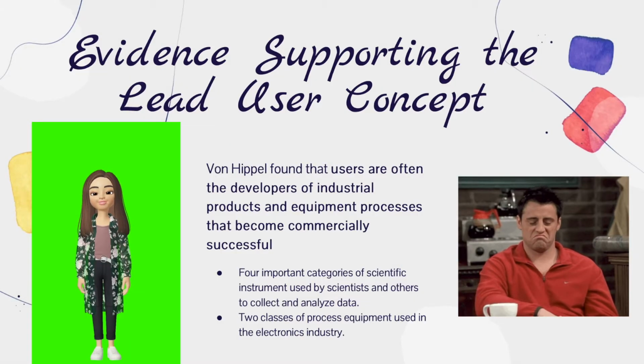Von Hippel found that users are often the developers of industrial products and equipment processes that become commercially successful. Two of these studies show an especially high proportion of user-developed products. In one of them, he focused on the four important categories of scientific instruments used by scientists and others to collect and analyze data. In the second, his focus was on the two classes of process equipment used in the